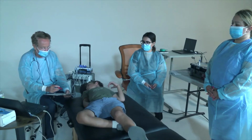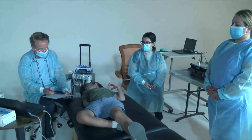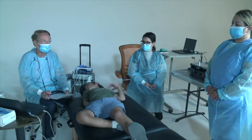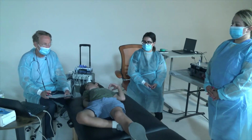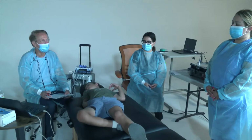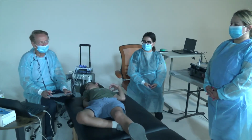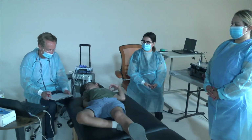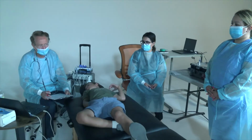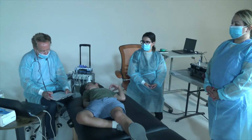We also have categories on the chart that we fill out for good, fair, and poor oral hygiene. Good means no plaque buildup. Fair and poor, well, that's relative. A lot of plaque buildup, fair hygiene. Even more plaque buildup, poor hygiene. We also ask for gum status, tooth alignment, and soft tissue. For tooth alignment,